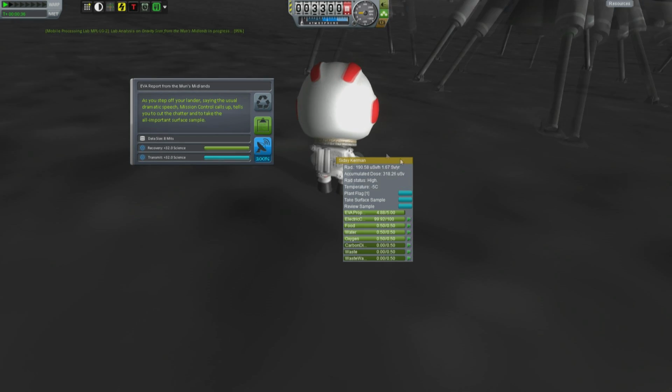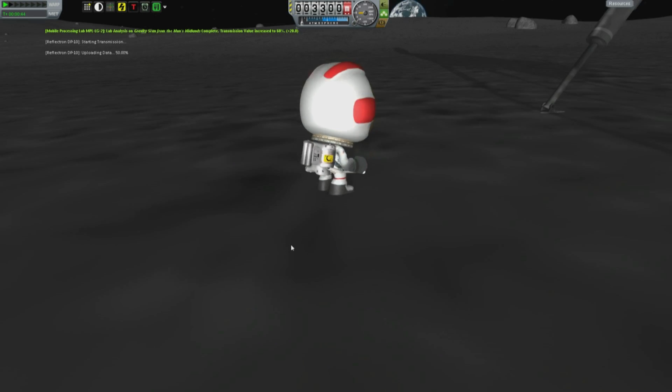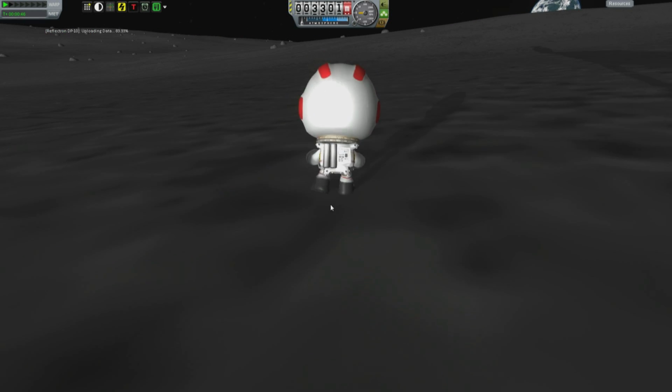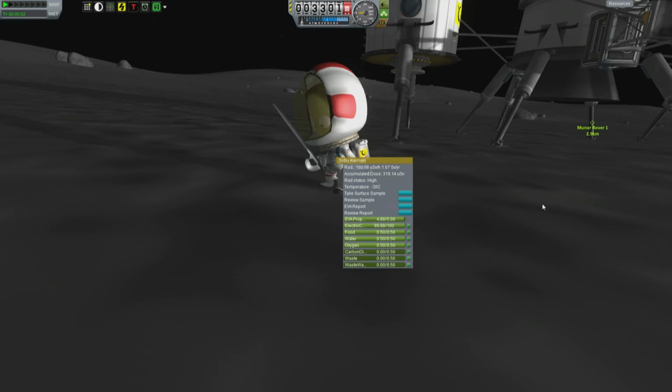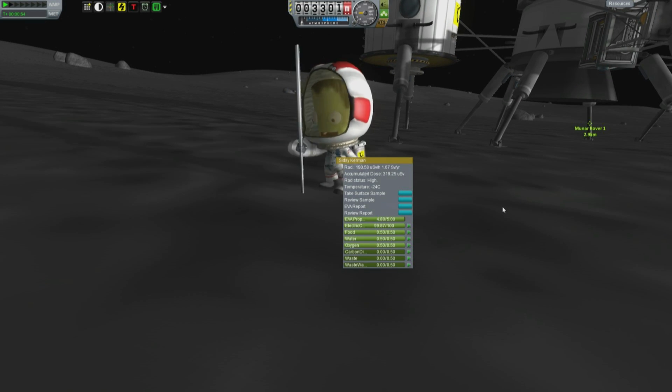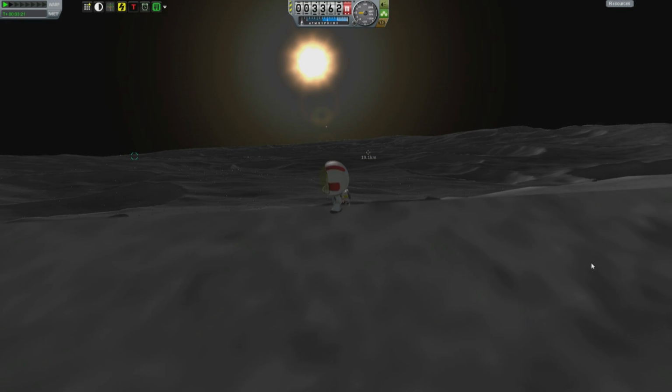As you step off your lander, saying the usual dramatic speech, Mission Control, come on, what did Mission Control say? Mission Control tells you to cut the chatter and get on towards the all-important sample taking, which we've already done. So yeah, we can of course plant a flag to memorialise this visit to the Midlands, which would otherwise be, well, it's interesting, but...